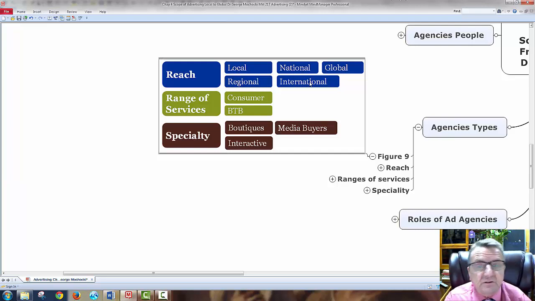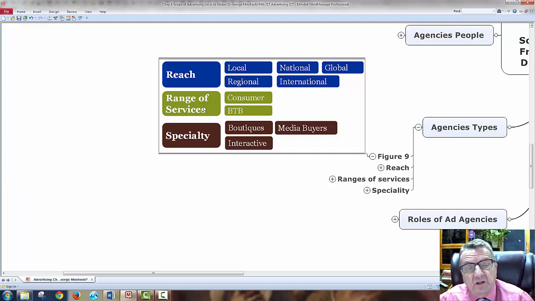When I look at international versus global, global means that every country gets a message. International, I could be just targeting the European Union, so I only have the members in the EU. That'd be international, but I may not do it globally. I may not do the whole world, just a certain section. Nationally would be in the United States. Regional is part of the United States, down south, up north, midwestern, and then locally is basically within that region, a smaller niche that I may be going to.